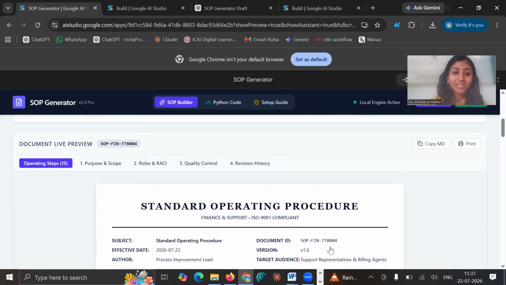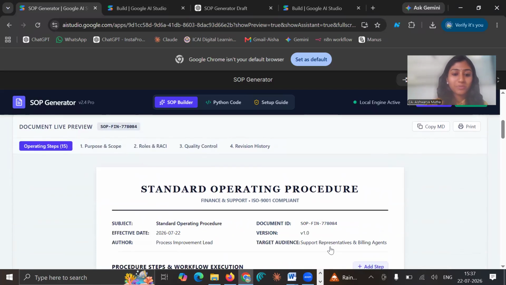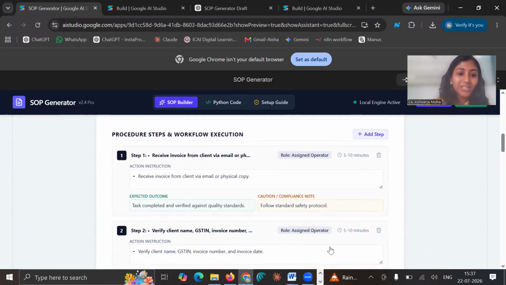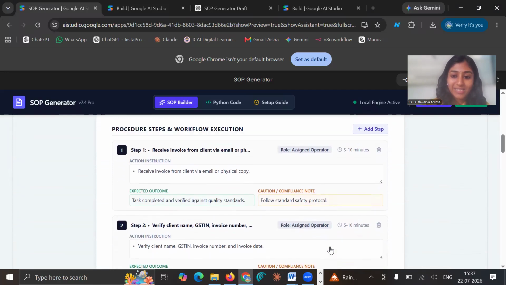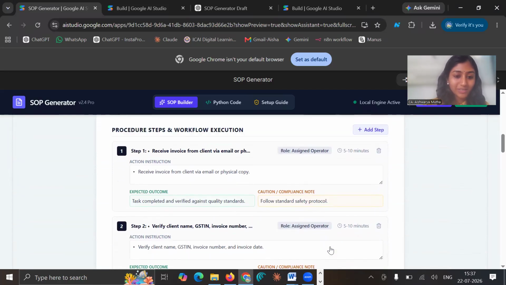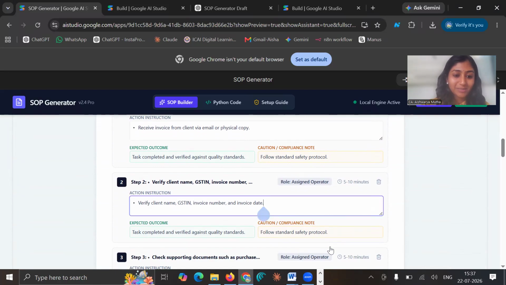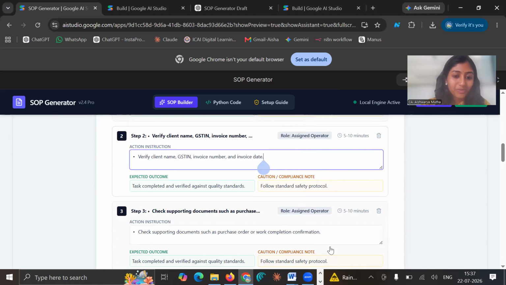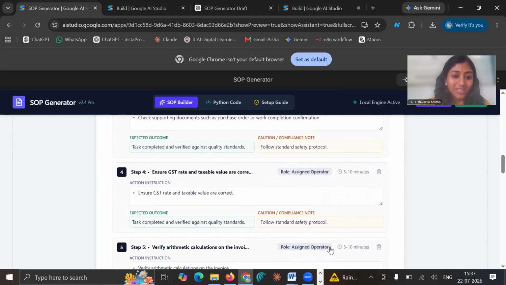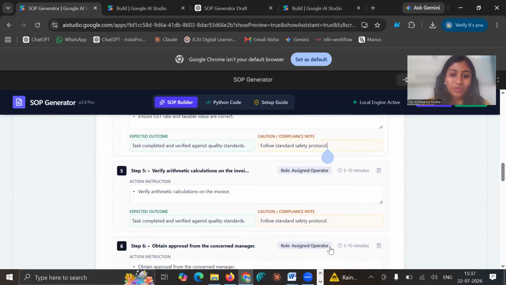Now you remember we had just not changed these department names, but let's look at these also. So receive invoice, I can add the steps here, I can delete it, role assigned. Okay, verify the client GST number. What are the instructions? So if I want to add any more instructions, I'm supposed to give it here. All right, check the supporting documents. So you look at this caution, follow the state safety protocol. Okay, expected outcome,